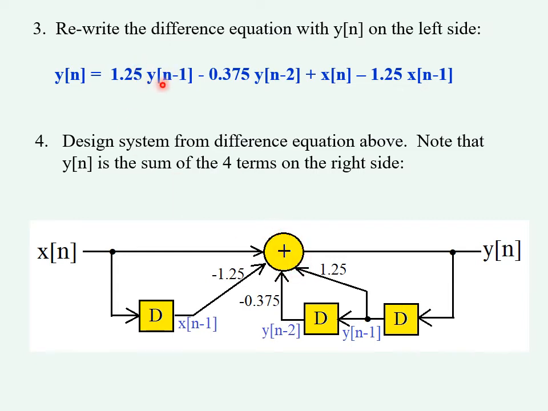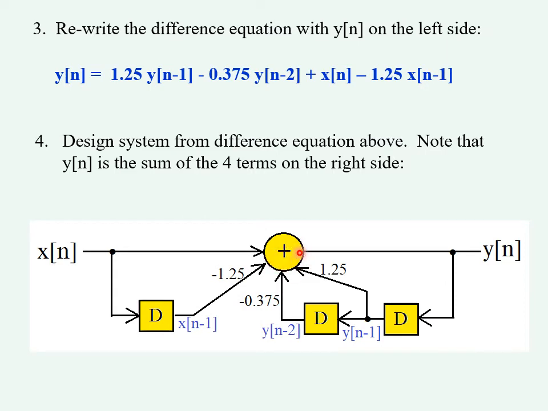That's that term there. The last term we need to take care of is this one. I've got a second delay. It's y of n minus 2. So I'm going to use this term here, which is already y of n minus 1, and send it through another delay element to get y of n minus 2, and finally multiply it by negative 0.375 and throw it